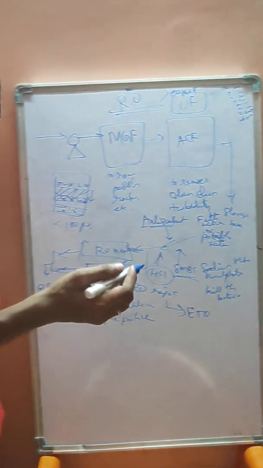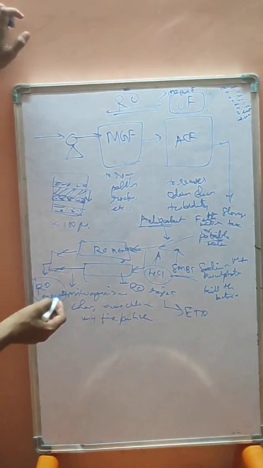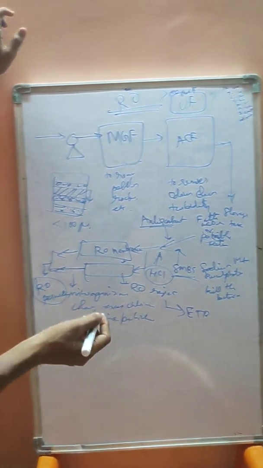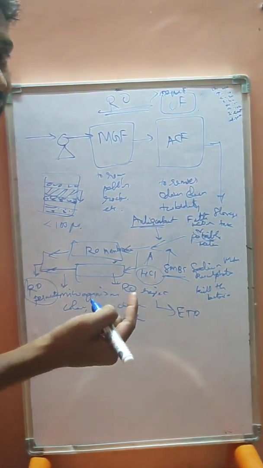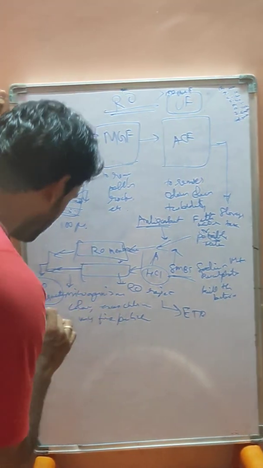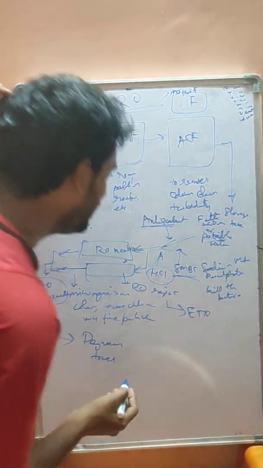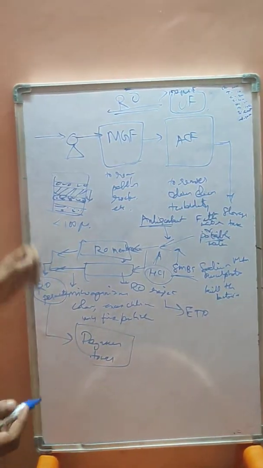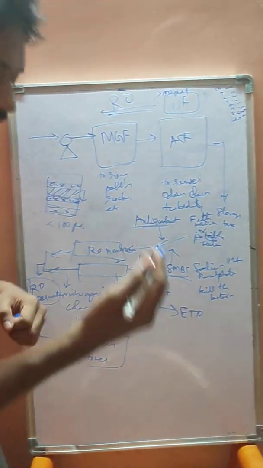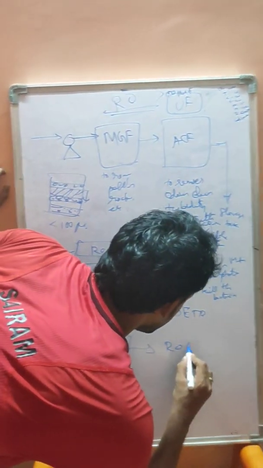I already explained about the effluent treatment plant. So this RO permeate is called RO water. We can directly use this if it attains the quality, and for safety purposes it also will be passed through a degasser tower in a few industries. Not all industries, in a few industries they follow the degasser tower also. Degasser tower is used to remove excess carbon dioxide or some free gases. So that will be removed in the degasser tower. That is the function of this one. After removing this, it will be sent to the RO storage tank.